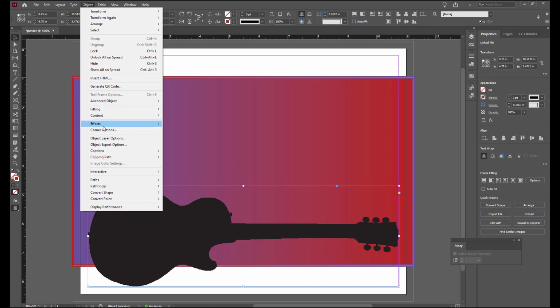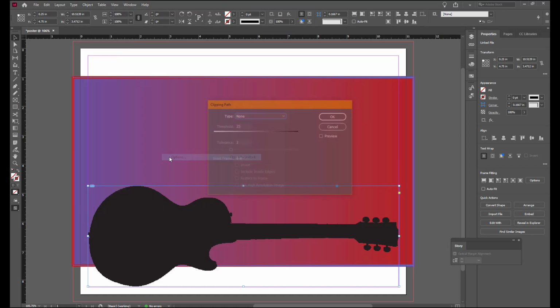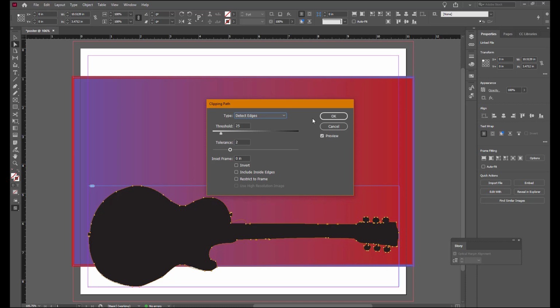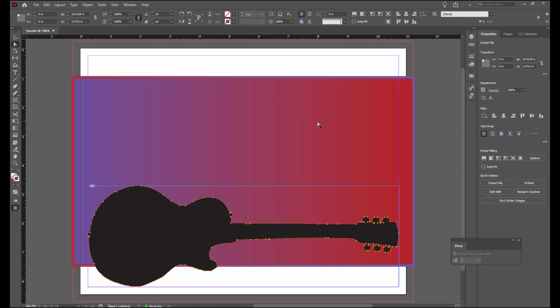And with that frame selected, you're going to choose Object, Clipping Path, Options. We've used clipping paths before. In the dialog box, click the preview, and from the type, pick Detect Edges, which really is the only one that we have option available right now. And then you can select OK to close the dialog box,